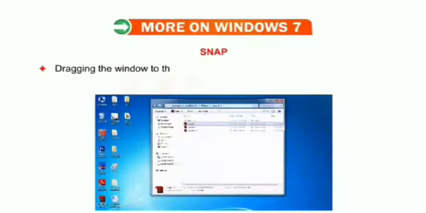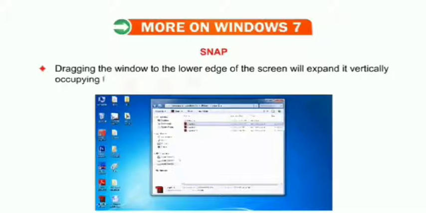Dragging the window to the lower edge of the screen will expand it vertically, occupying the half screen. While if we drag the open window to the lower side of the screen, we will see that it expands vertically by just covering half screen, or it will get back to its previous size.